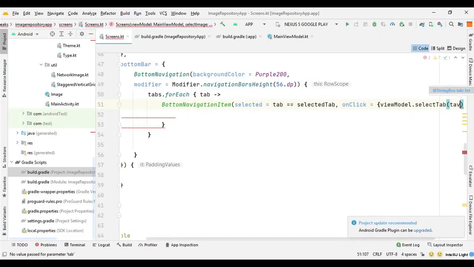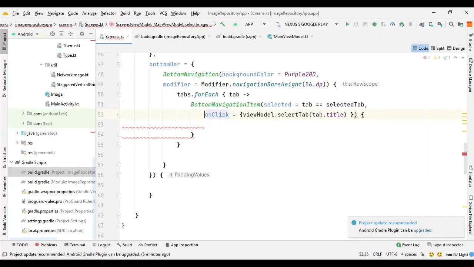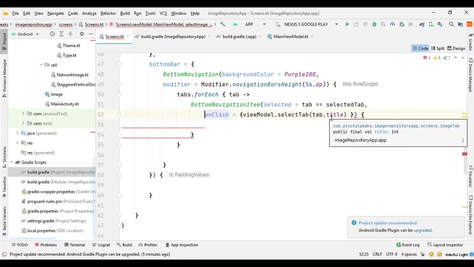So we can say tab.title. Let's move it to the next line so we can look at it easily.